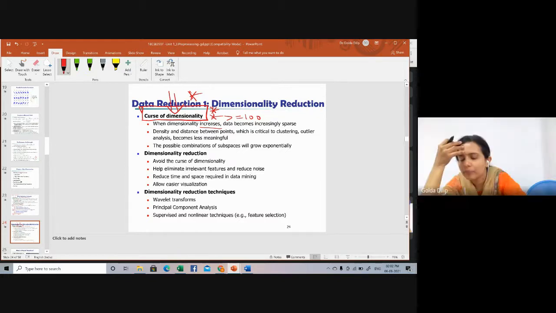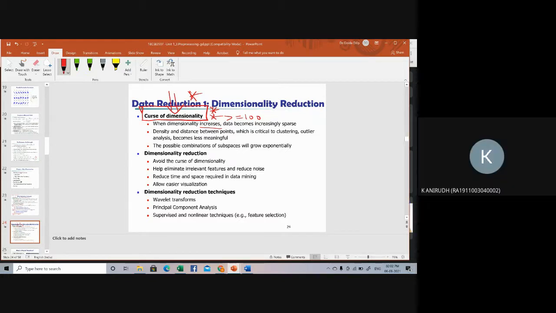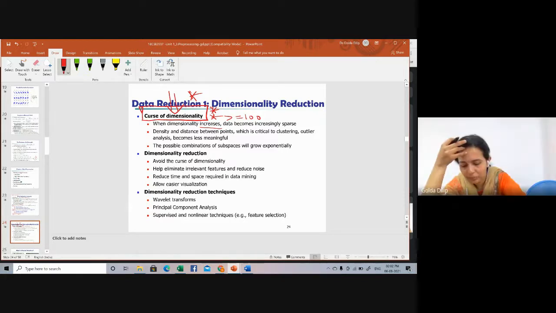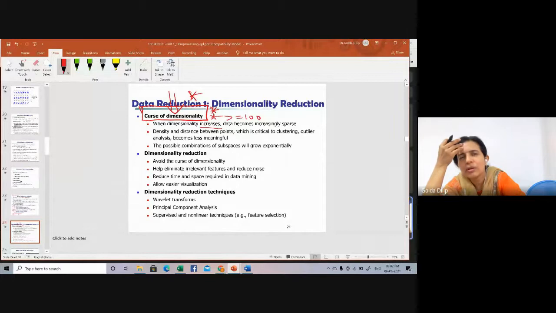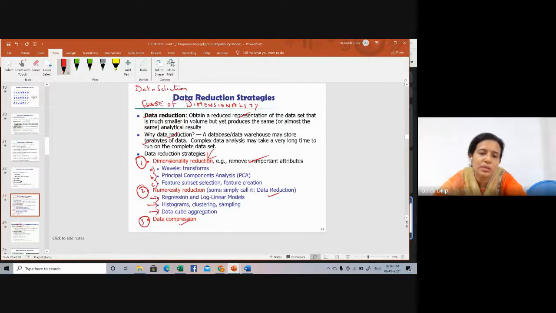Ma'am, by using this Euclidean distance method, if we have too many observations, can we just try to compute the distances between all of them and then sort it out? Isn't that possible? That may not be possible when it is high dimensional data, especially when it is more than 100 dimensions. So we will have to go for feature extraction, feature selection, and dimensionality reduction techniques. One of these techniques has to be applied to reduce the number of dimensions, and then go for data analysis.